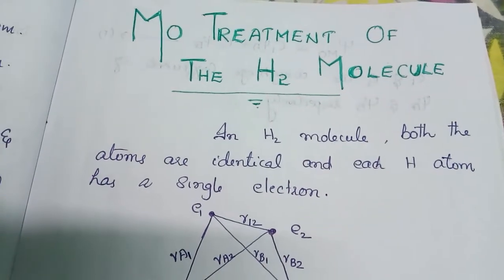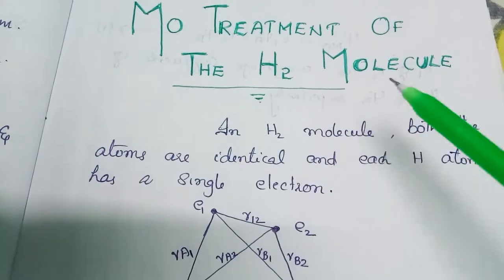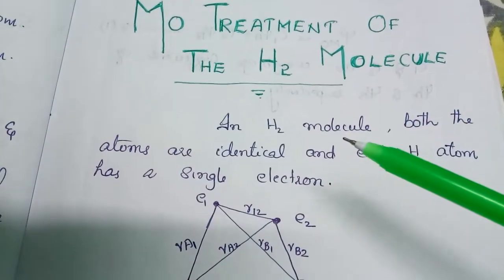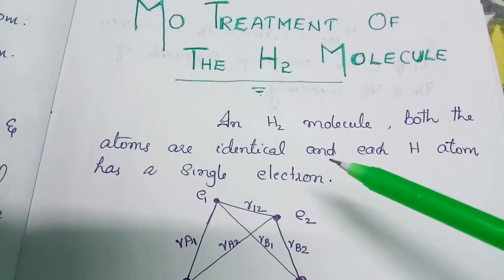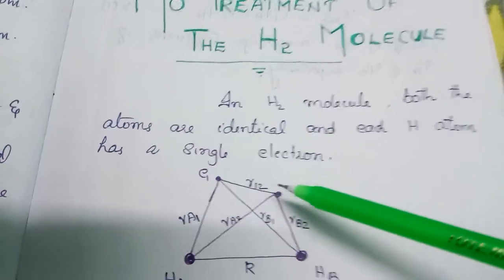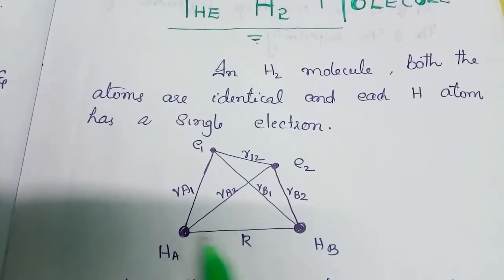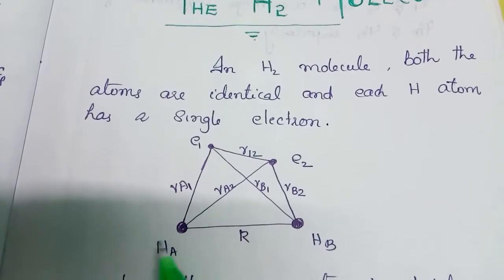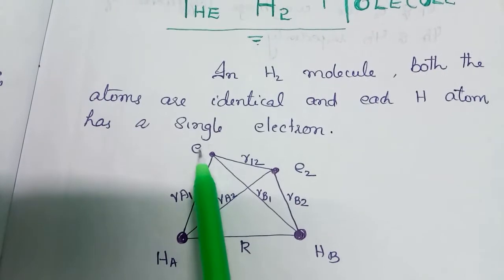Welcome to another video. Molecular orbital treatment of the hydrogen molecule. We know the hydrogen molecule consists of two hydrogen atoms, and each contains one single electron. So here is the representation of the hydrogen molecule. Here we can see two nuclei, that is HA and HB, and here we have the two electrons E1 and